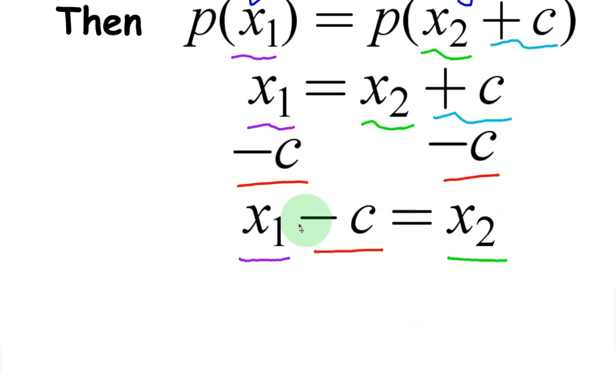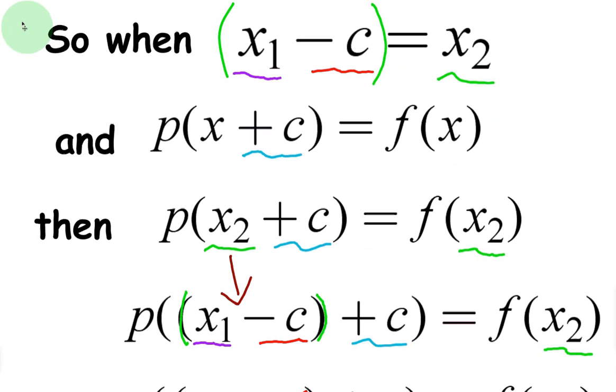Therefore, x1 minus c is going to be equal to x2. In other words, take your original x values, subtract c from them to get the new x values for our transform function. That will ensure that we have the same y values. Let's reiterate. So when x1 minus c is equal to x2 and p of x plus c is equal to f of x, in other words, take our parent function and add c to our x values to get our